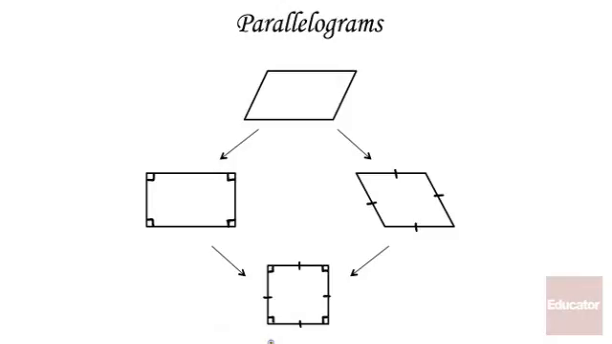So let's look at this flowchart. This right here is a parallelogram. So we have parallel, congruent, these two sides being parallel and congruent. So this is a parallelogram. The two types of parallelograms